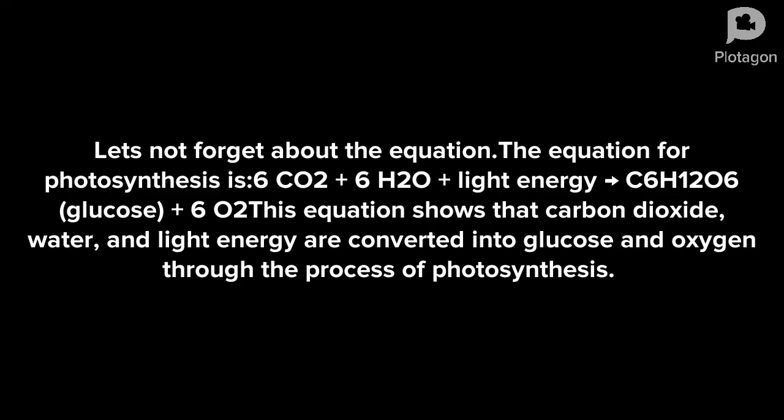Let's not forget about the equation. The equation for photosynthesis is 6CO2 plus 6H2O plus light energy, right pointing arrow C6H12O6, glucose, plus 6O2. This equation shows that carbon dioxide, water, and light energy are converted into glucose and oxygen through the process of